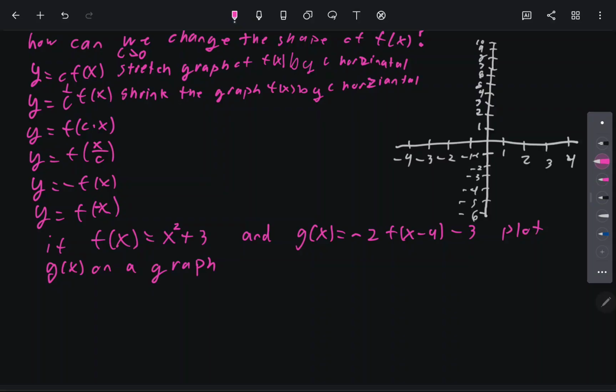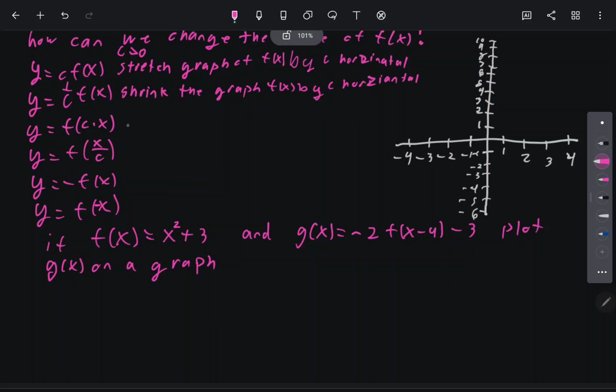And then if we say f of c times x, rather than c times f of x, that's going to do something different. In fact, it's going to shrink the graph f of x by a factor of c in the